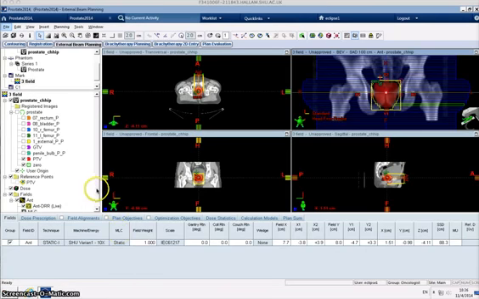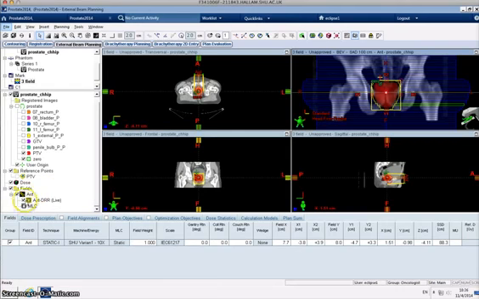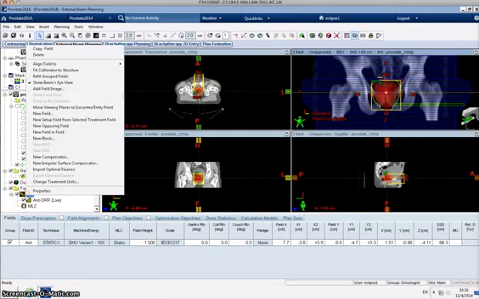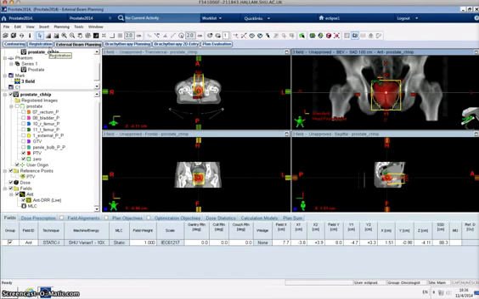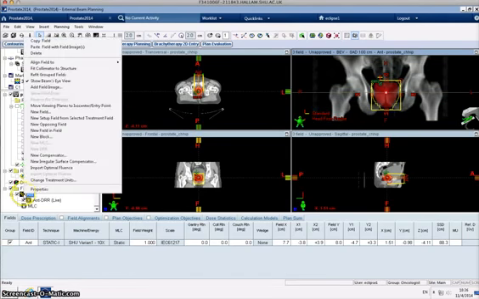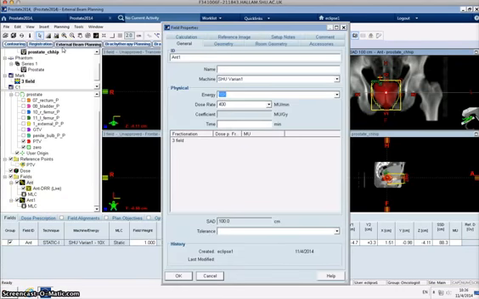So I'm going to use a 3-field plan. I'm going to start off by going down to my field here, and I'm going to right click on my anterior field. And as you can do with other kinds of Windows software, we can copy and paste. So we're going to copy the field at the top here, and then I'm going to right click again, and paste field with images. So that creates a new field. This one is going to be my left field,